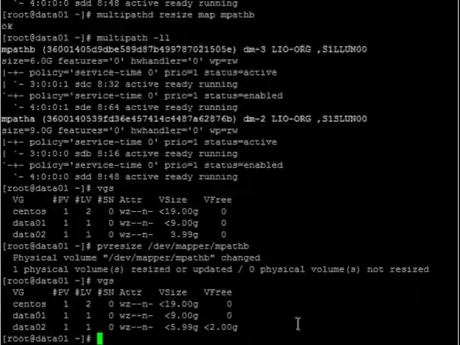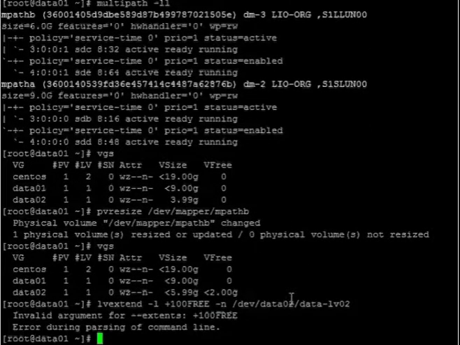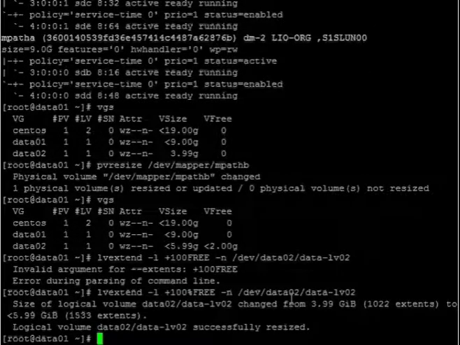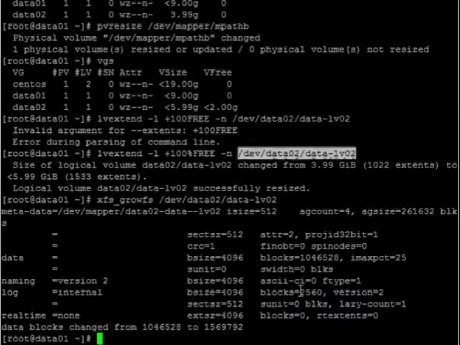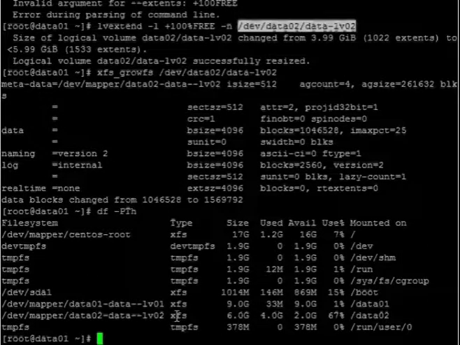Now we are going to extend the LV. And now we are going to execute xfs_growfs so that it can reflect. So you can see the partition size has been changed to 6 GB.